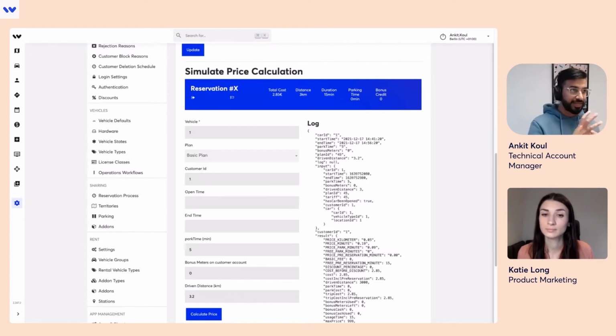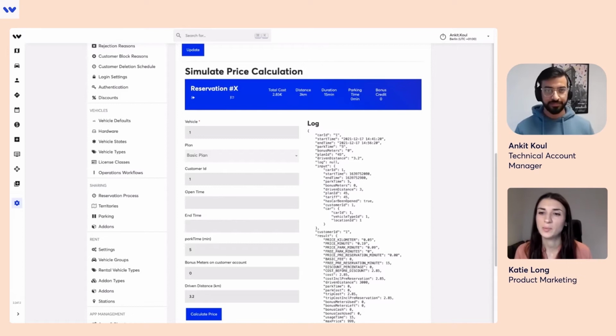Translating that business logic into actual pricing logic is what we offer as technical account management and also as part of the development team. Okay, so your team can support the operators in figuring out how they're going to set up their pricing and their specific needs for that.